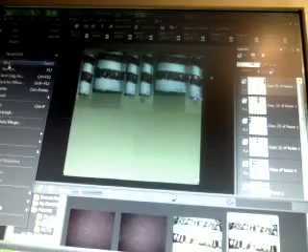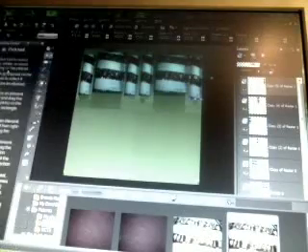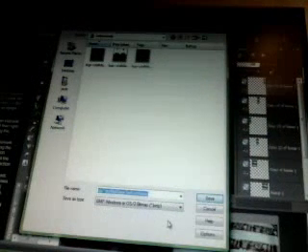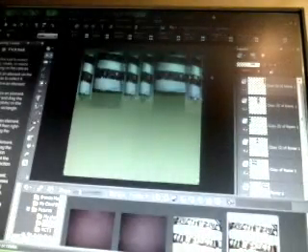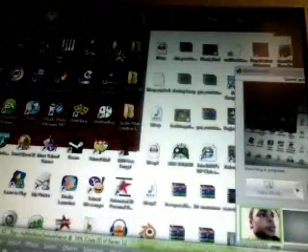Now we're going to go to File, and we're going to go to Save As. You can change the name if you want to, but I'm just going to leave it as it is. And you're going to go to Save, and it's going to pop up and say texture name already exists. Do you want to replace it? And you're going to press yes, because you're going to replace how it looked before. And then you just click yes again, and then you're going to get on your Sims 2 body shop again,